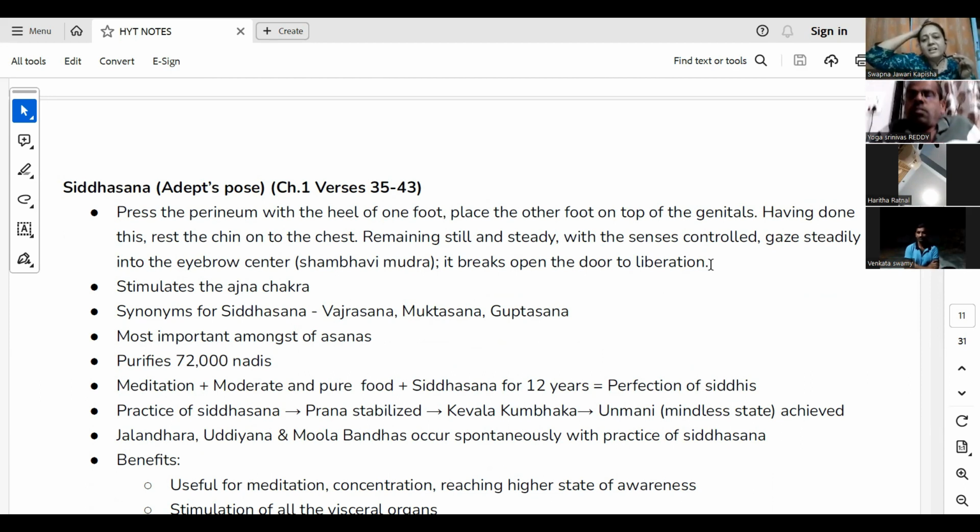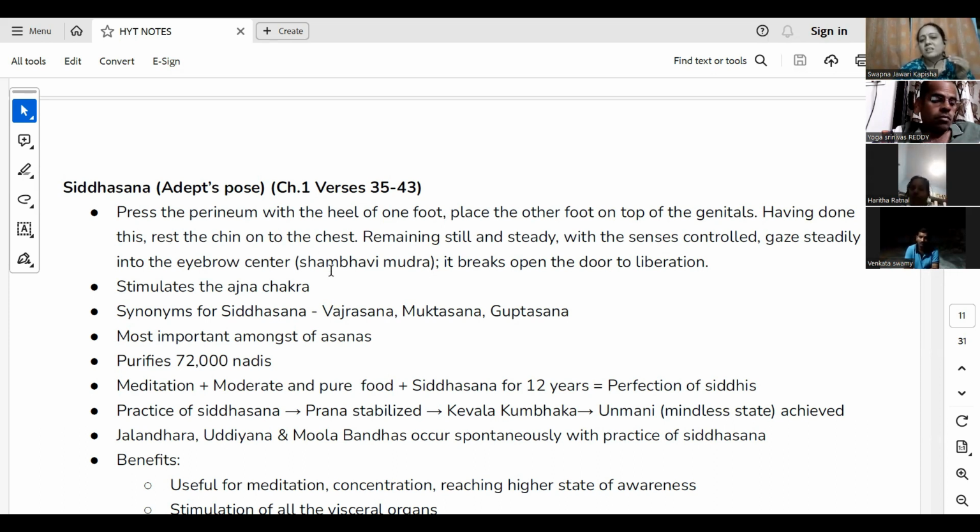It will break the Sahasra Chakra. Liberation happens when all the chakras are activated. If the Kundalini energy activates from the Mooladhara, comes up here and breaks the chakra, that means your soul emerges from this ghata and merges with the Parabrahma. So that's why the spiritual benefit of Siddhasana is it breaks open the door to liberation. And in Siddhasana, people practice with Shambhavi Mudra. This is the Mudra.